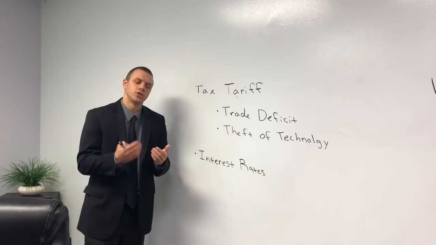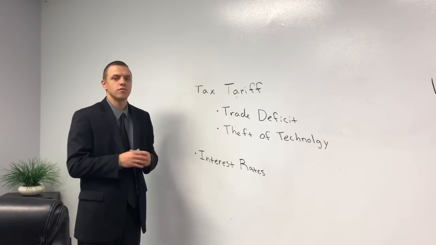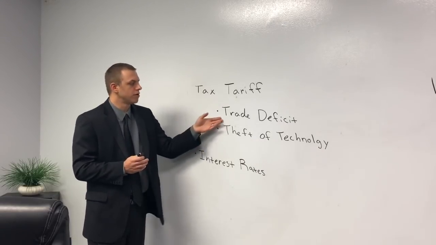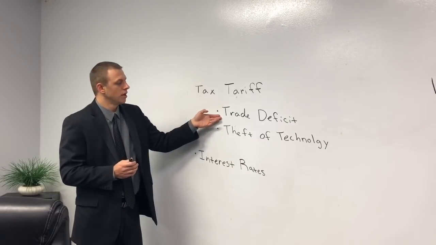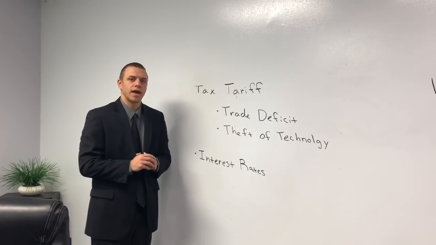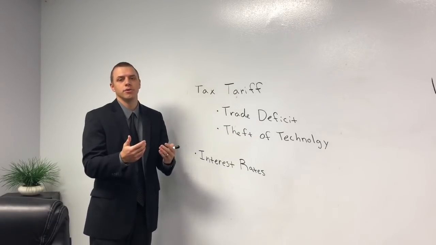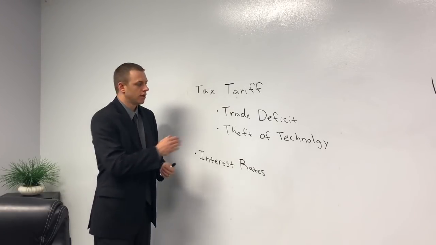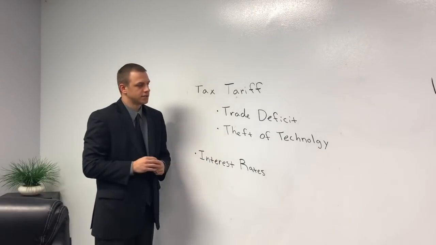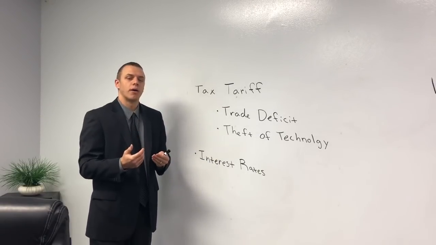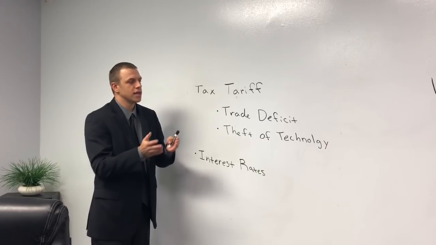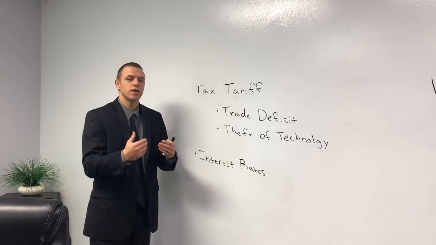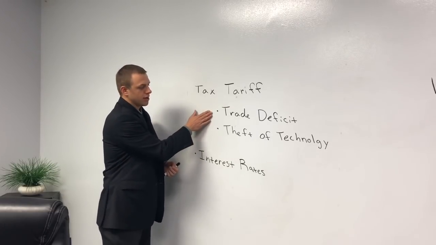So when you hear that term trade deficit, what that means is the United States is importing or purchasing from China approximately $500 billion a year in goods. We're selling or exporting back to China approximately $100 billion a year in goods. That's a $400 billion deficit that we have. That $400 billion deficit puts China in a position of power, meaning that they have a surplus that they can use to reinvest in infrastructure. They could buy U.S. corporations. They're using it for their advantage. We want to shrink that.